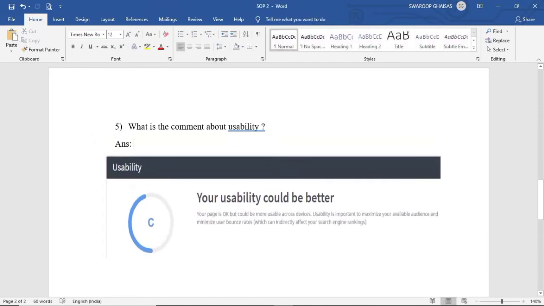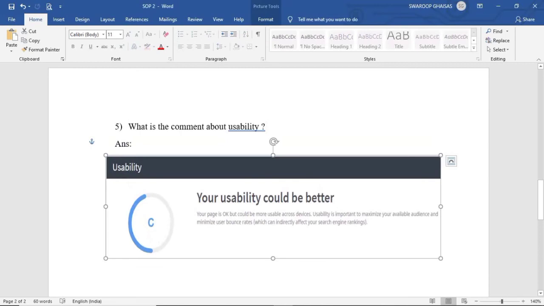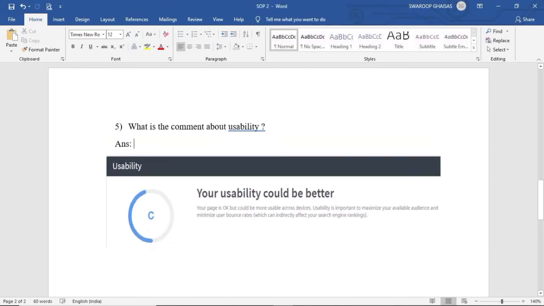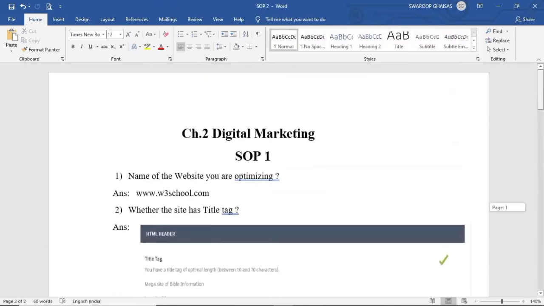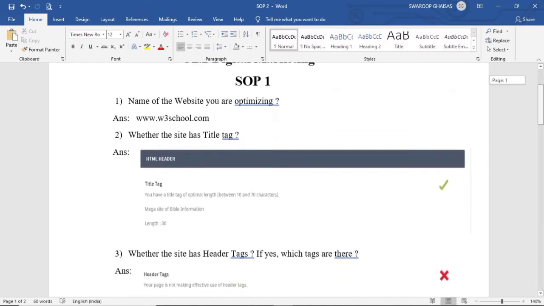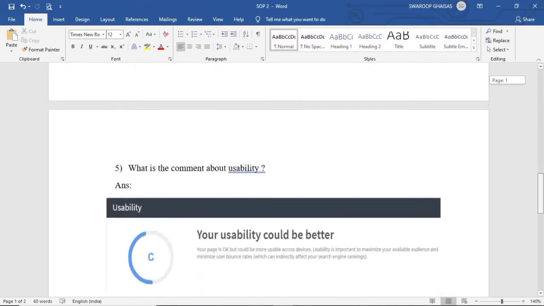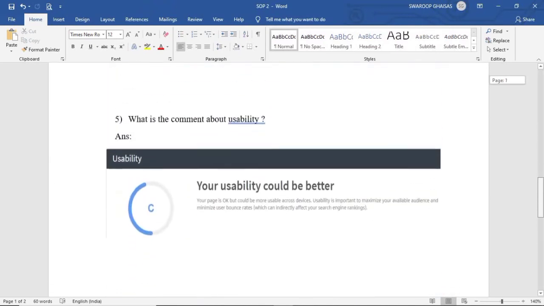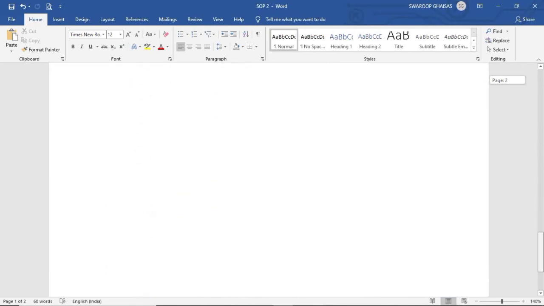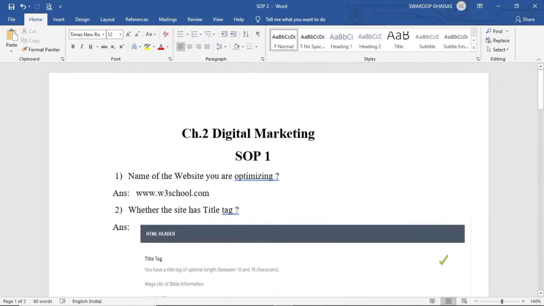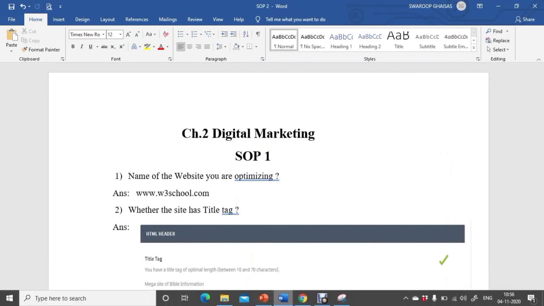So in this way we have completed the first practical from the second chapter, that is digital marketing. In this way you have to prepare a soft copy, as well as note down all these questions with answers in your notebook also. So complete this practical number 1 from digital marketing.